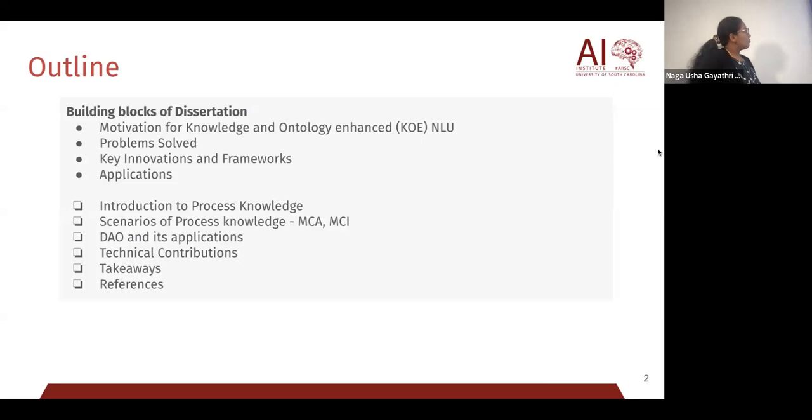So these are the building blocks of my dissertation. We'll start with the motivation for knowledge and ontology enhanced NLU, and we'll look at the problems we solved and some key innovations and frameworks. We'll go with the applications. For this defense, these are the main topics we are covering: process knowledge and scenarios of process knowledge. The problems we solve here are main concept analysis and mild cognitive impairment detection. And we go with the drug abuse ontology and its applications, technical contributions, takeaways, and